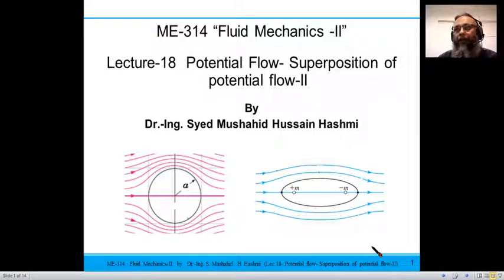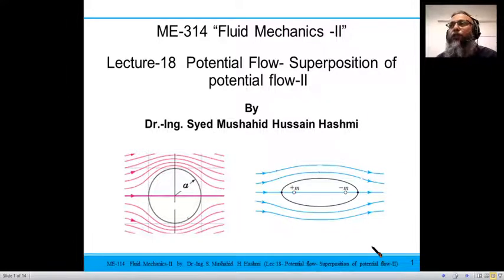So today we have lecture number 18 of course ME314 Fluid Mechanics 2, and this is the third lecture of this week. We are already working on potential flow, and we have done the basic potential flows: uniform flow, source and sink flow, and vortex flow. And then we have superimposed,